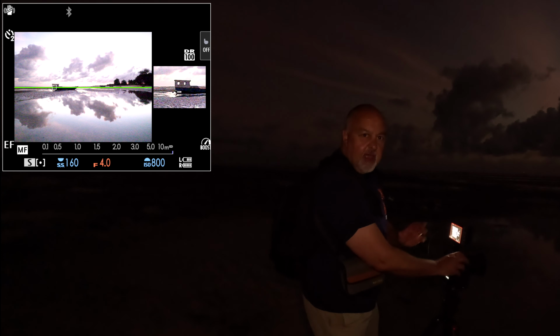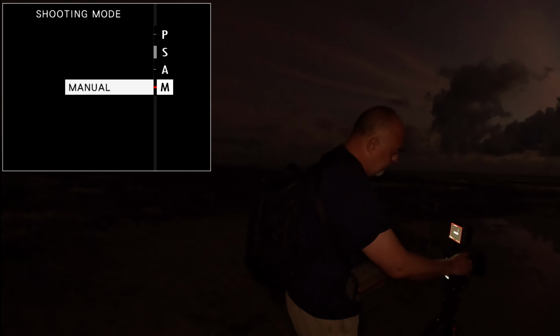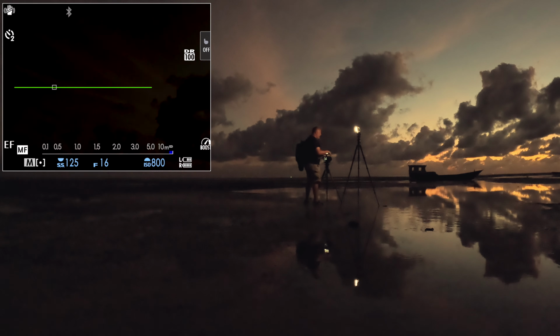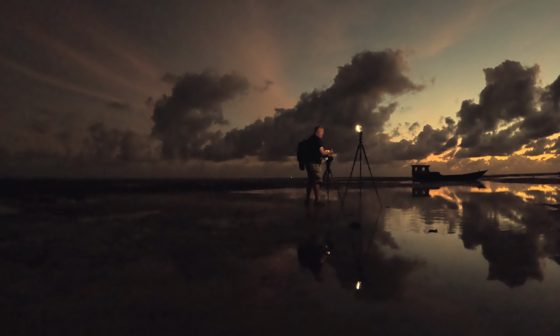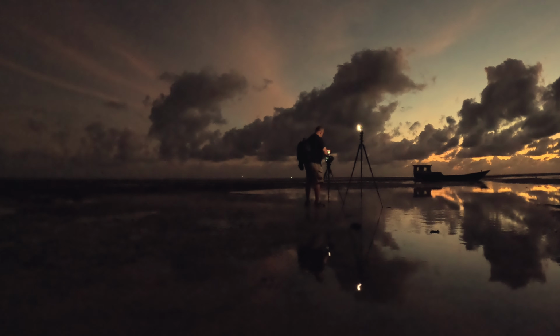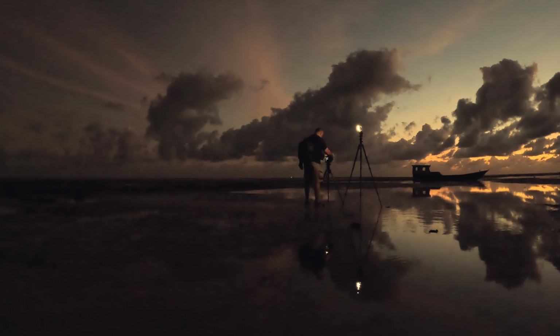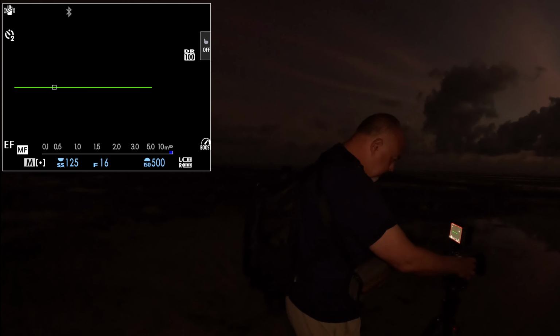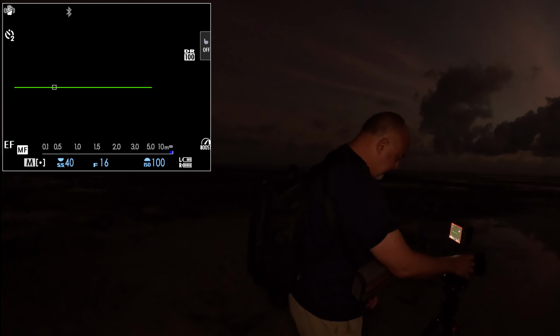So it's the easiest way to gain focus is to throw it onto shutter priority. Get your focus, because your camera will go berserk. It'll control the aperture, and it'll control the ISO and allow you to get that shot. So I'm just going to bring the ISO down to 100. And forgive me, because I know I'm going to get bitten to pieces here. So I'm just going to roll